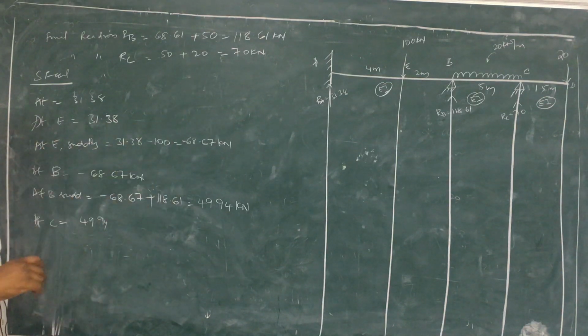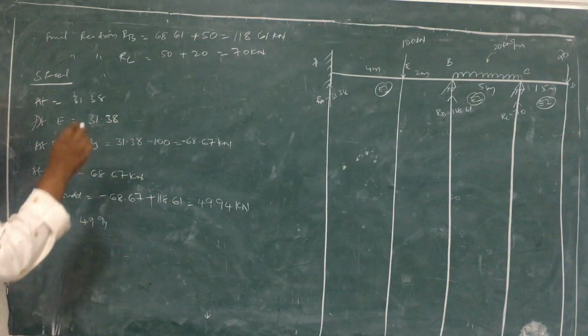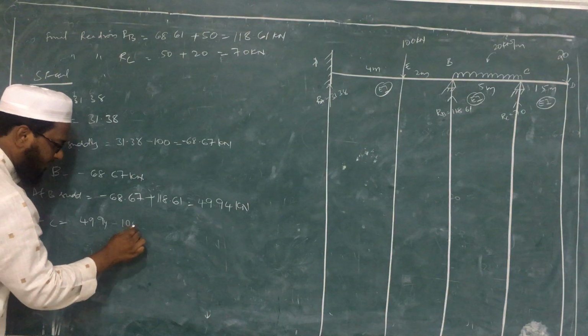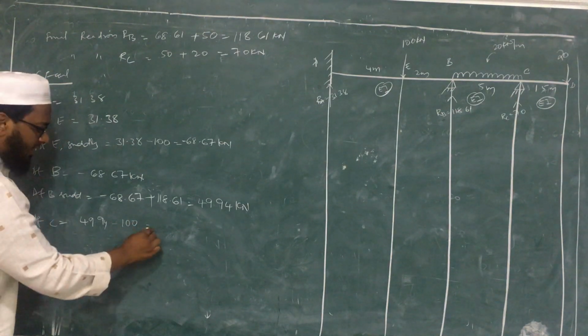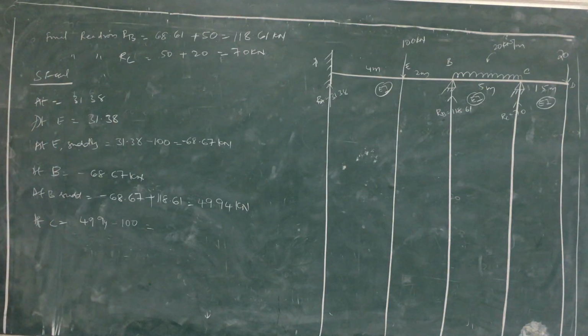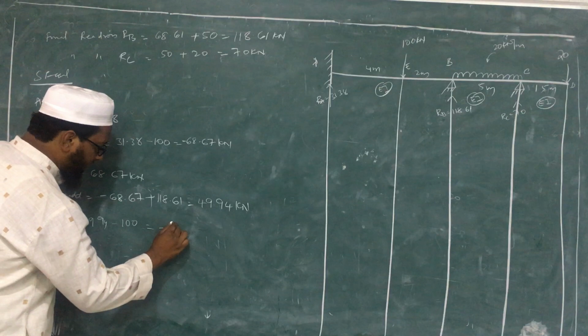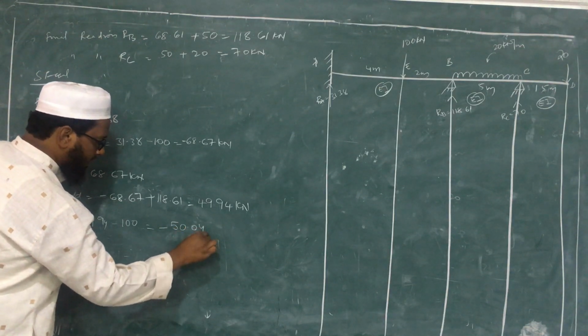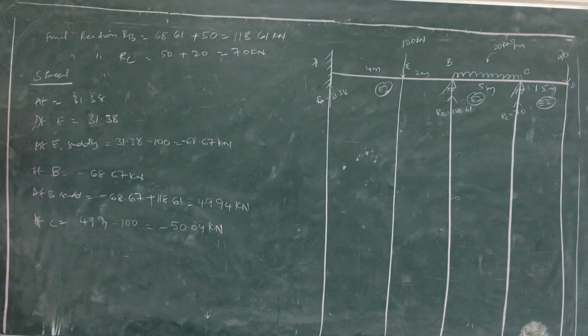So 20 into 5 is 100. It is going in downward direction. So minus 100. Okay. So what is the value? Minus 50.04 kilonewton. Okay. Next we have